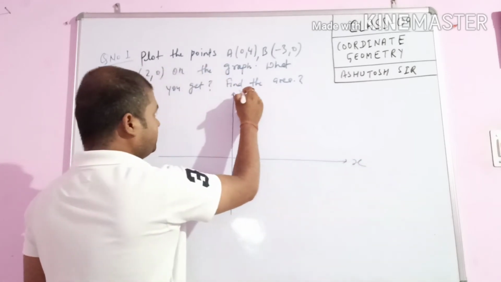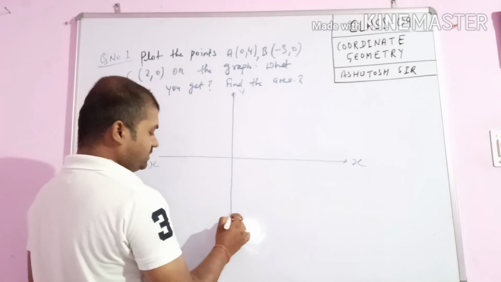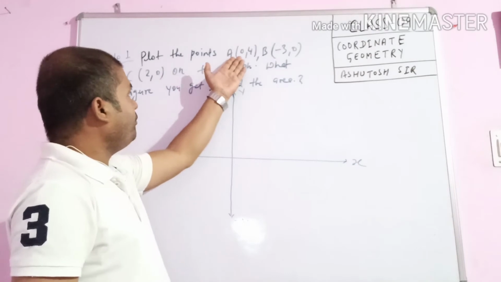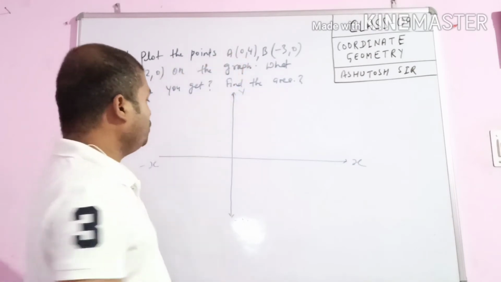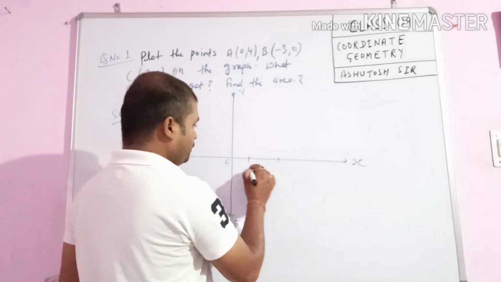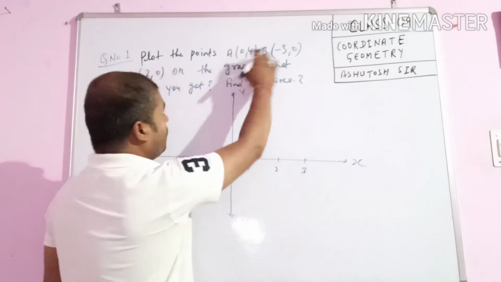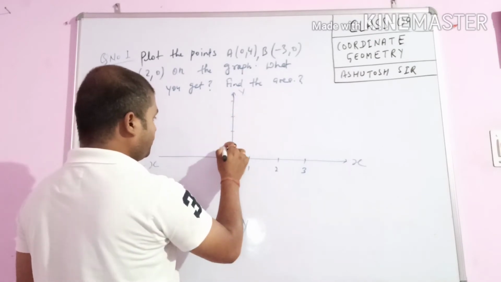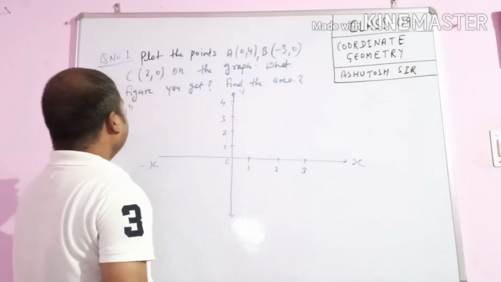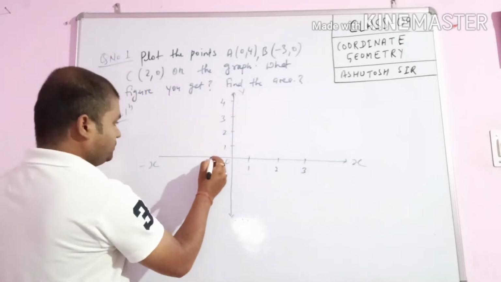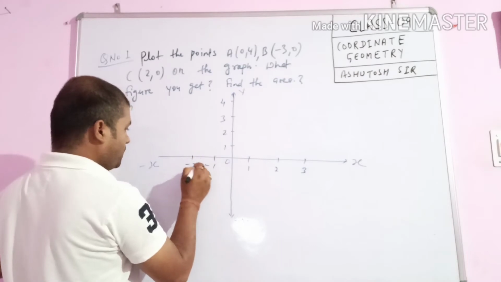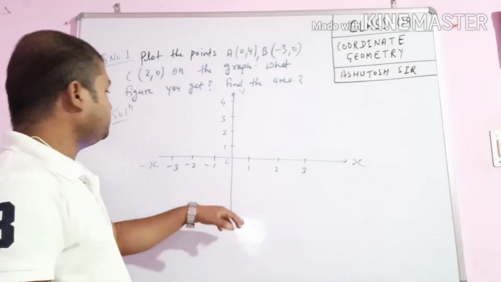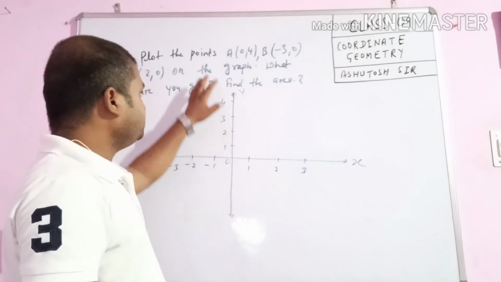This one is the x-axis and this one is the y-axis, this one is the minus x-axis and this one is the minus y-axis. Let us see the points: on the x-axis the maximum is 2, so plot 1, 2, 4, 3, and on the y-axis it is up to 4: 1, 2, 3, 4. On the negative x-axis it is 3: -1, -2, -3, and there is no point on the negative y-axis, so skip it. Okay.